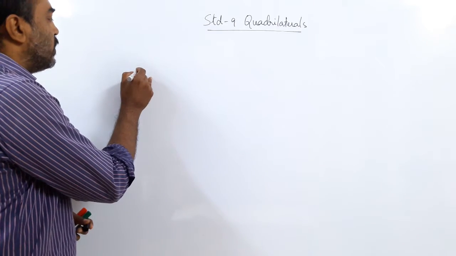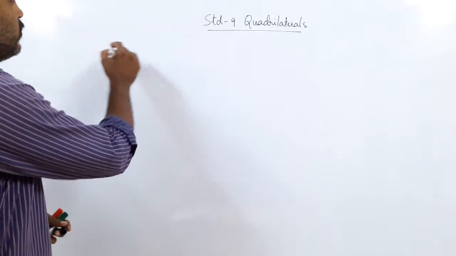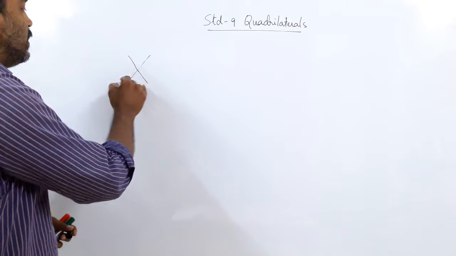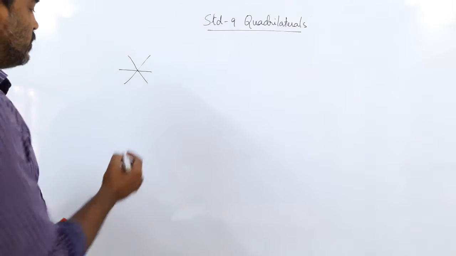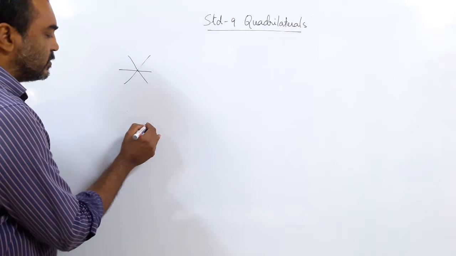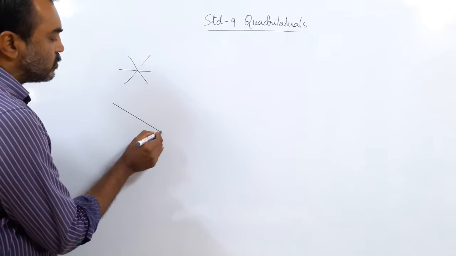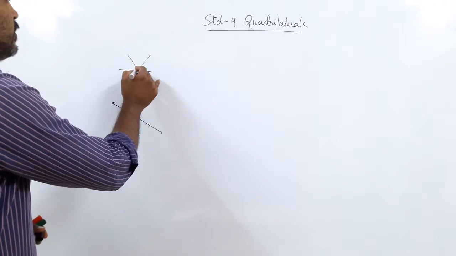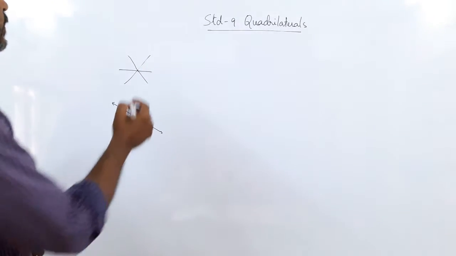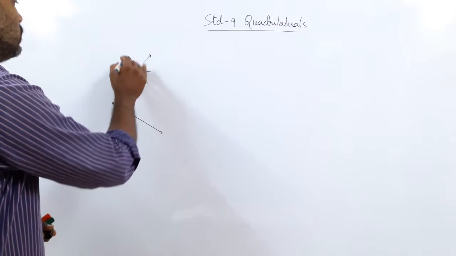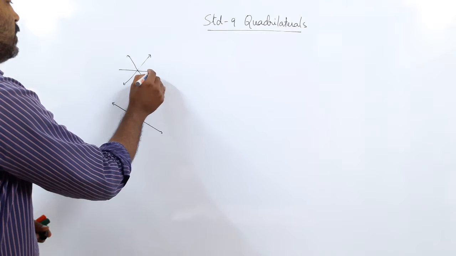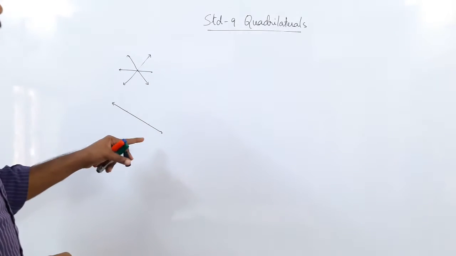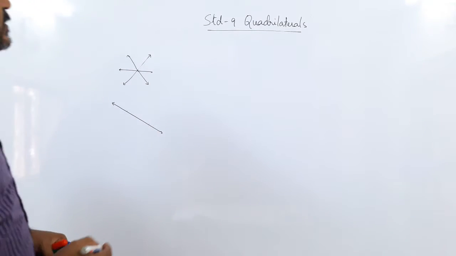When you have got one point in a plane, then you know infinitely many lines pass through one point. When we have 2 points, then a unique line will pass through 2 points, right? Only a line will pass. So from one point, infinitely many lines can pass. I have drawn 3, but infinitely many lines can pass. From 2 points, one line can pass.